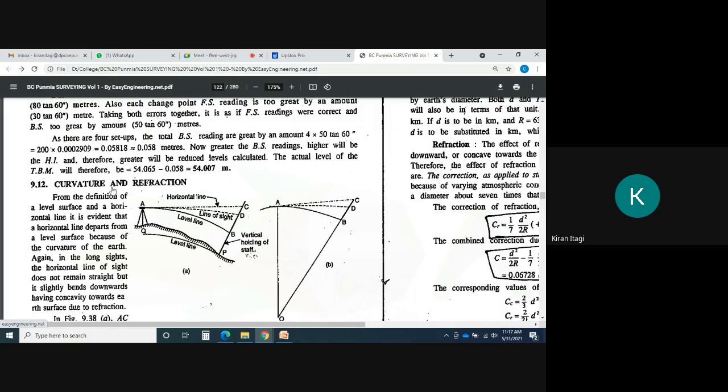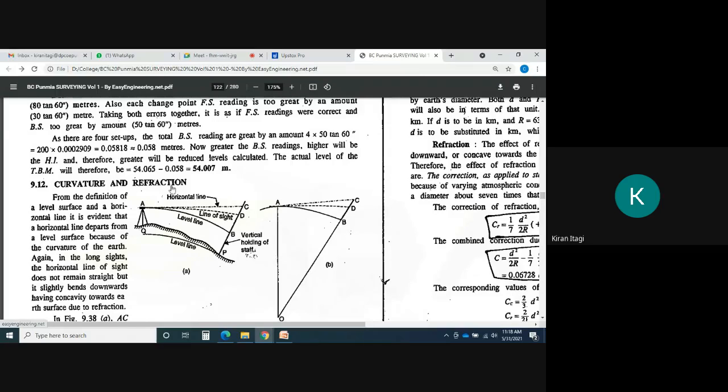If the question says to determine the levelings for station B or station A, and also to consider the effect of curvature and refraction, then we must account for them. In the problems we have solved right now, we considered the earth as completely flat. But if it says to consider the actual shape of the earth, the curvature of the earth, then we have a very simple formula, so we go for the curvature calculations.